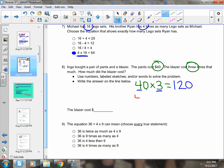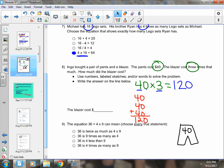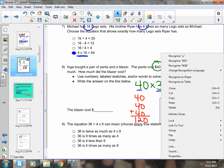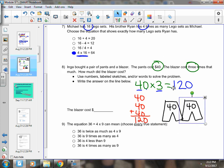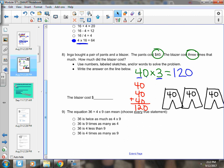I also could do 40 plus 40 plus 40 to get 120. I could draw a picture, right? Draw 3 pair of pants. And each pair of pants is $40. Right, and I could clone it and clone it. Sometimes drawing pictures is just fun. Okay. So 40 times 3, or 40 plus 40 plus 40. So the final answer is